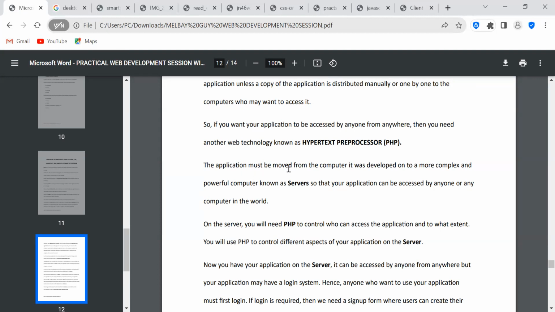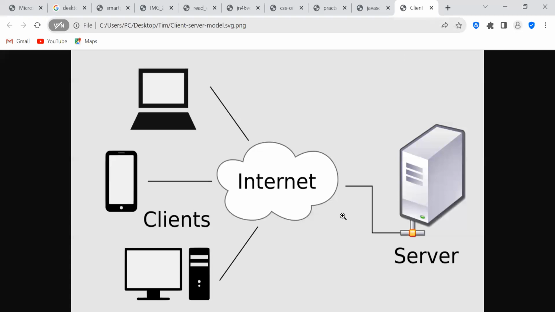The application must be moved from the computer it was developed on to a more complex and powerful computer known as a server, so that your application can be accessed by anyone or any computer in the world. So when we are done developing our web application, if we want anyone from anywhere to access it, we have to move it from our computer. This application was designed with this computer. Now what we want to do is move it